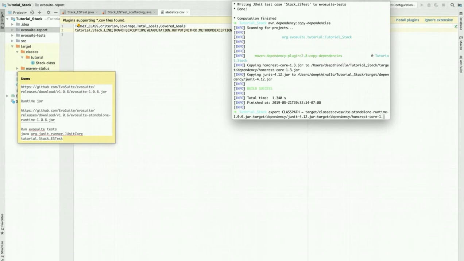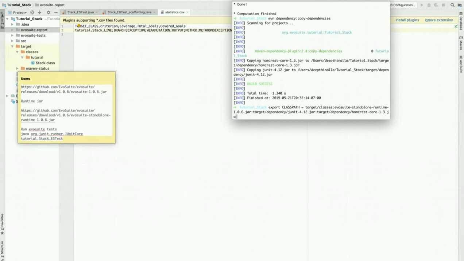This is the 1.3 version, 1.3.jar. I wish the path is correct. Target classes, the evosuite standalone runtime jar file, and then we have